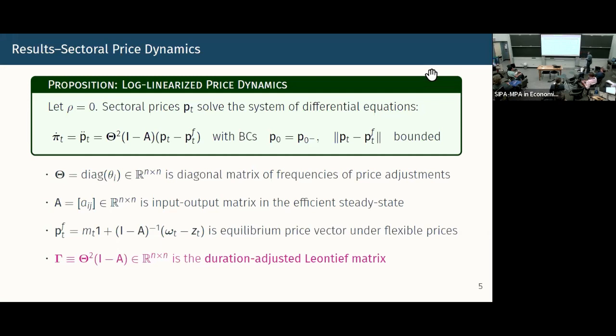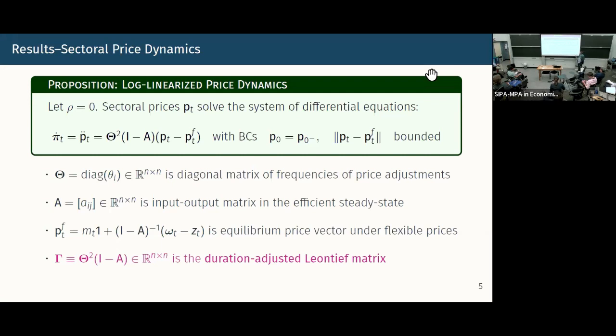Okay. And no differential equation is complete without its boundary conditions. What are the boundary conditions here? At time 0, prices cannot move because this is a continuous time model and prices are sticky. So right after a shock, nobody gets to change their price at that moment. And then, like in any other New Keynesian model, we're looking for an equilibrium where we go back to the steady state that we came from.